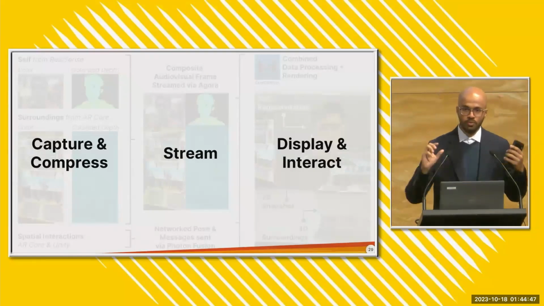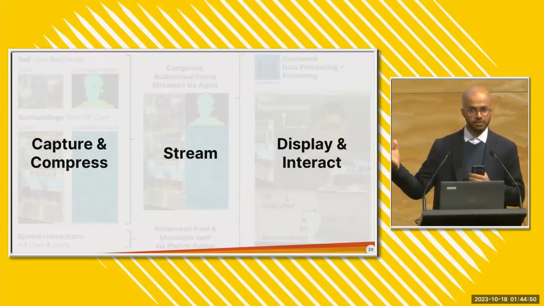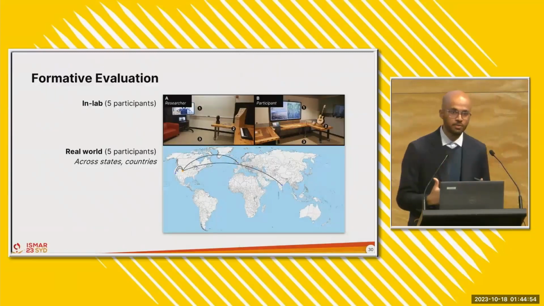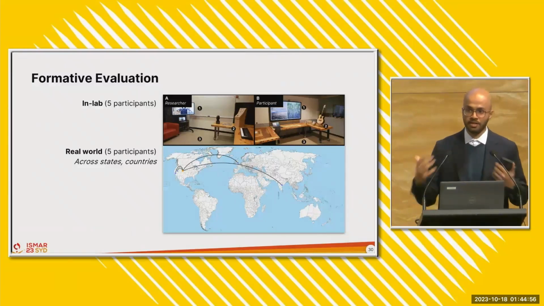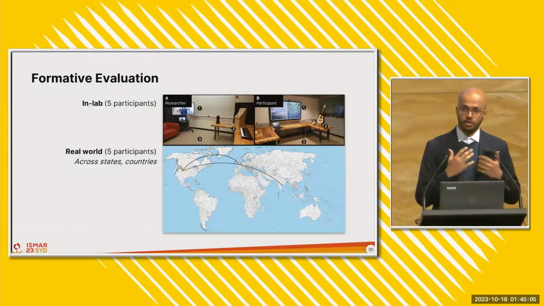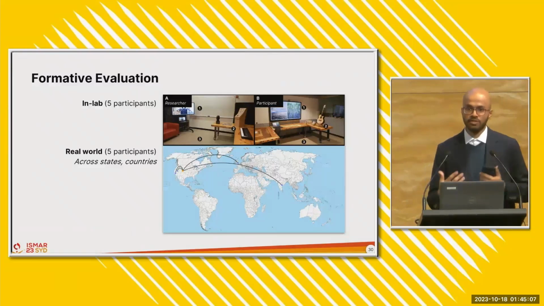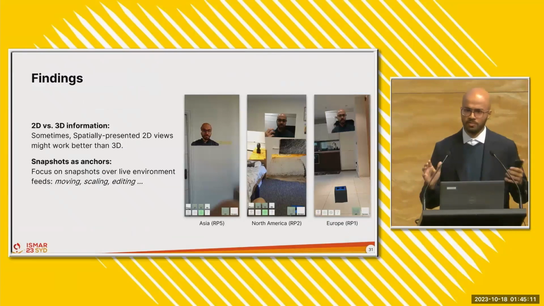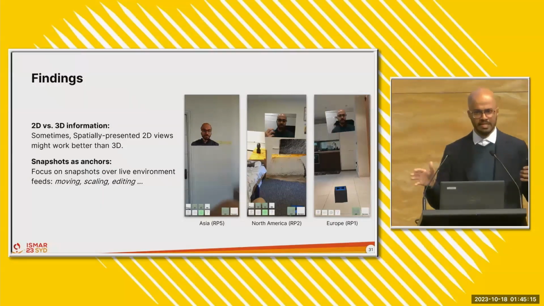You would have noticed that we've used specific cloud networking servers to make this application work, and one reason for that was because we wanted to be able to test DualStream outside of lab conditions and in real-world contexts. So we did a very quick formative study where we had participants both in the lab and outside in different states, countries, use DualStream and interact with the features with us while we were in the lab. The paper contains a lot more detail about the procedure of the formative study and our findings, but I'll just highlight 2 interesting insights.